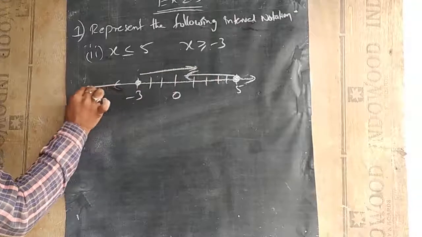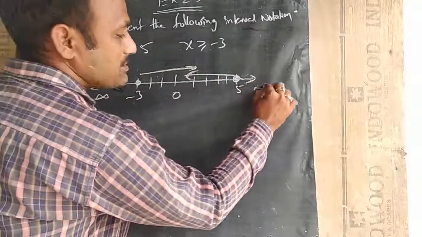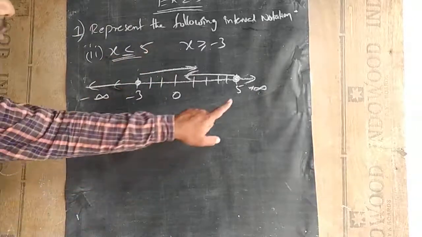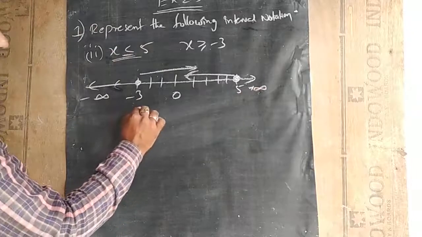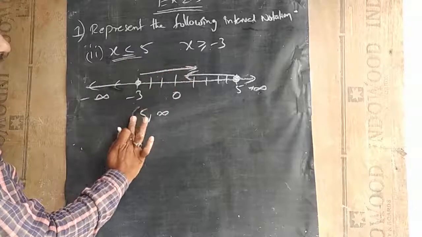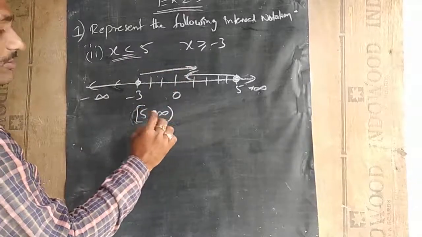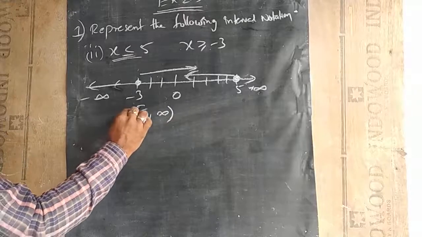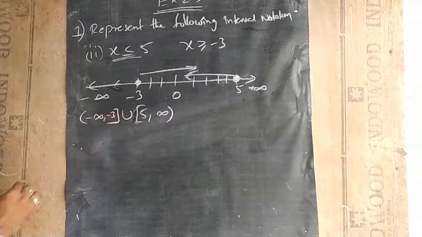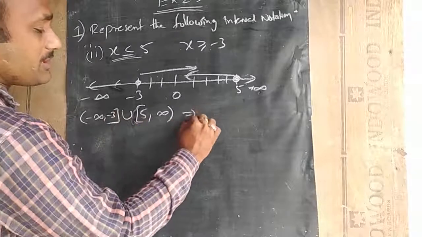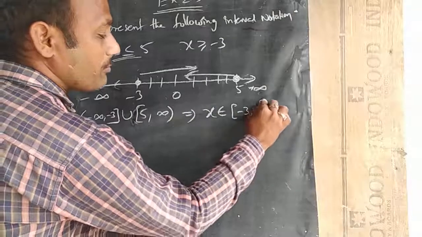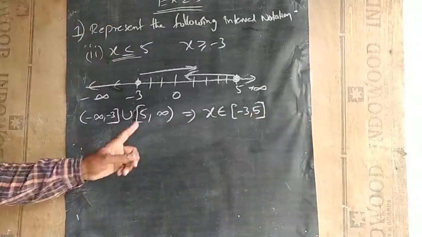So the range of these two values will be our answer. So let me mention here minus infinity, here it will be plus infinity. So x greater than 5 means 5 comma infinity. Since we are considering 5, it will be a closed bracket, 5 comma infinity, union, first negative number, so minus infinity comma minus 3, which is also closed. So since both are closed, we can write it as, that implies x belongs to minus 3 comma 5. Closed brackets, both are closed brackets.